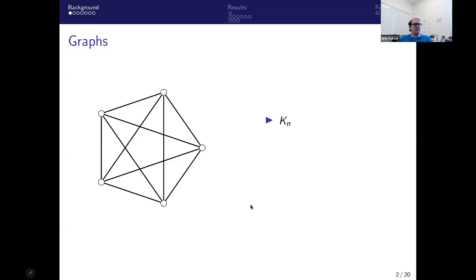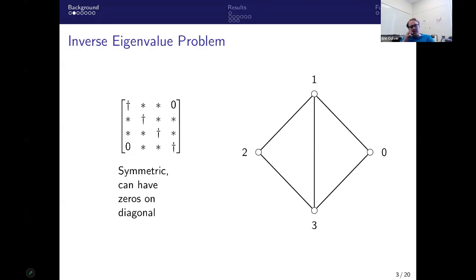with edges. This is an example of a graph that will show up quite often in this talk, which is the complete graph on n vertices. This has 5 vertices. We denote this with K_n, K sub n, where n is the number of vertices. So this is K sub 5, also known as a complete graph. And the main thing that we're studying here is the inverse eigenvalue problem, where we